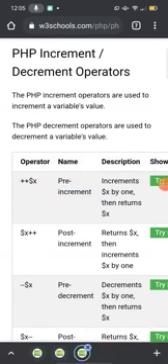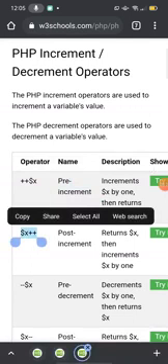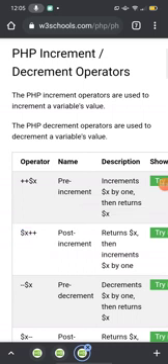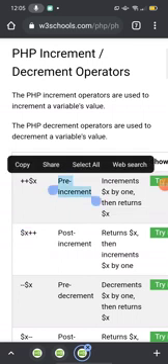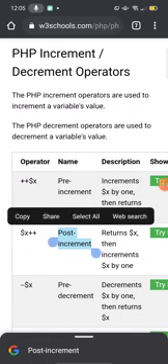And if you are writing $x plus plus, meaning you put the increment or decrement operator after the variable, then it is called the post-increment operator. If you put the operator before your variable, that is called pre-increment, and if you put the operator after the variable, it is called post-increment.